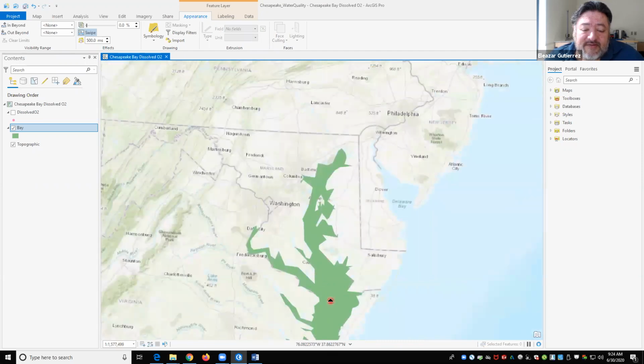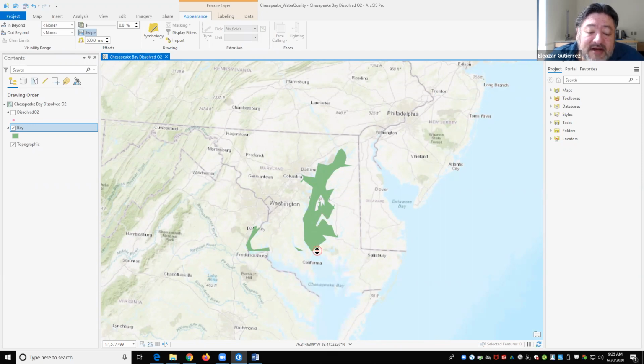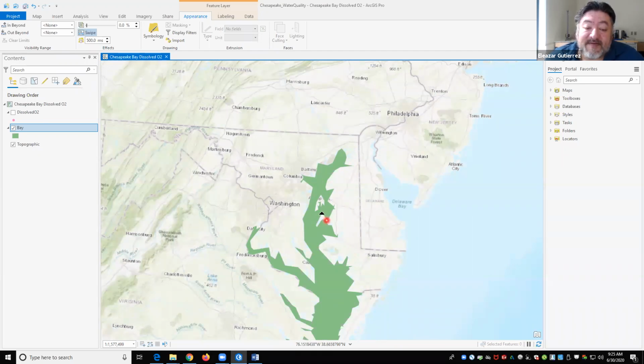Okay, very cool. Now, why would we care? If you have more than one layer here, and you want to take a peek under one of the layers, you can use this and peek under the layer and go, oh, okay, I see what's under there. And that allows you to look at at least two different things on the same map at the same time. So you can do it up or down. You can also do it